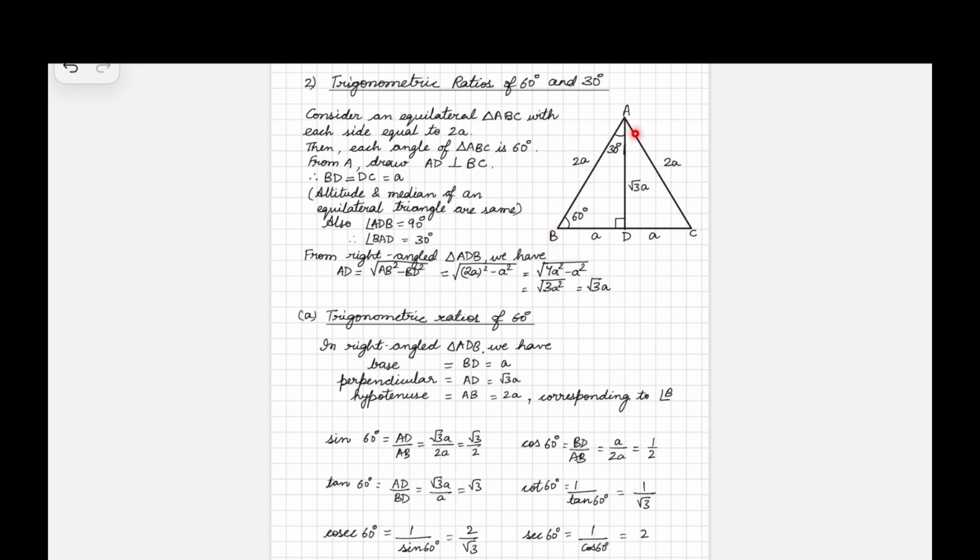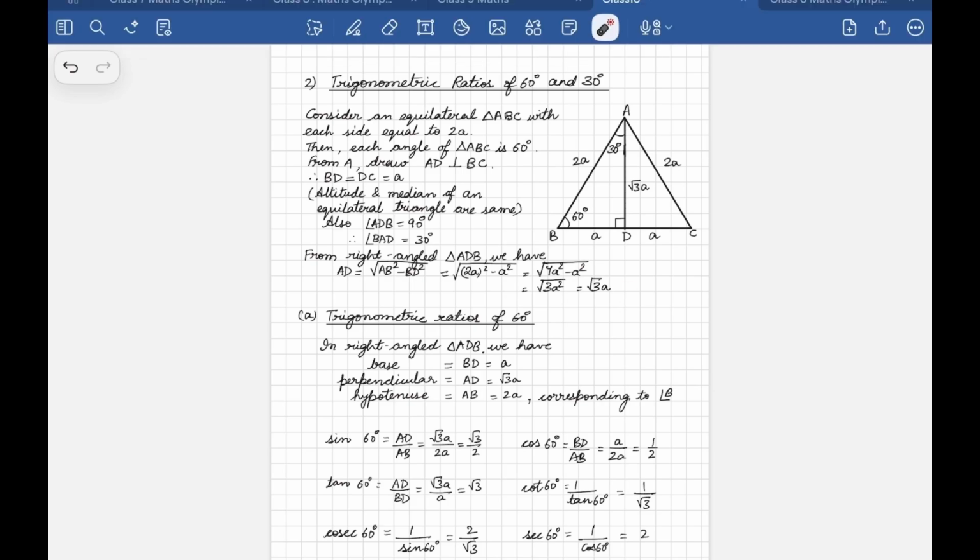Now let us consider this equilateral triangle ABC with each side equal to 2A units, and let each angle also be 60 degrees because it's an equilateral triangle. From A, we draw AD perpendicular to BC. Now BD is equal to DC because in the equilateral triangle, the altitude and median are the same. Also, this angle ADB is 90 degrees, and since this AD is bisecting BAC, so this angle BAD becomes 30